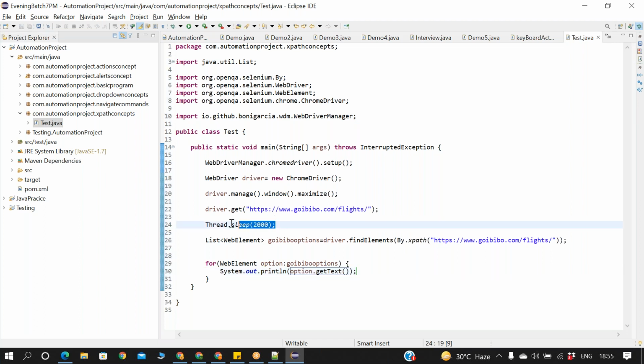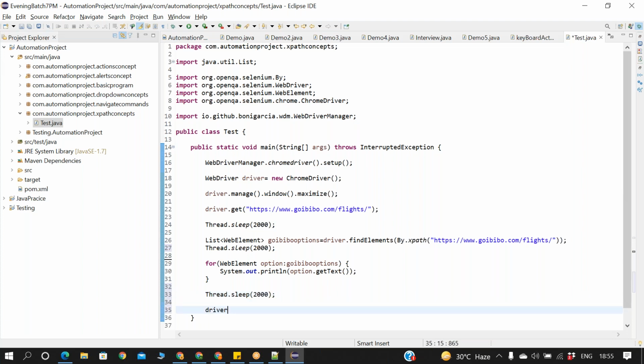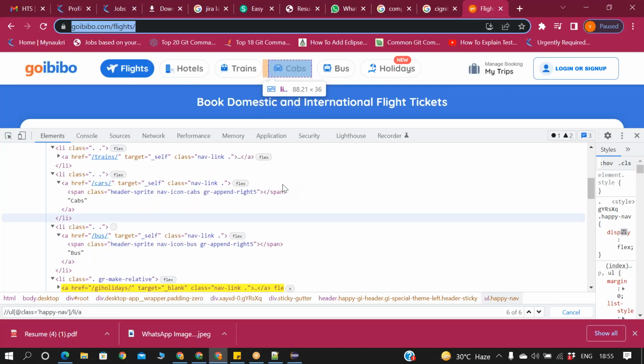Observe very carefully. After 2 seconds, we are going to close our browser. After this for loop, I am waiting for 2 seconds and then closing my browser. See how the execution will take place. I want to explain, see guys. First, I am going to maximize my screen, open the browser, and then get all the options of the Goibibo page. Whatever header menu options are there, I am going to take with the help of